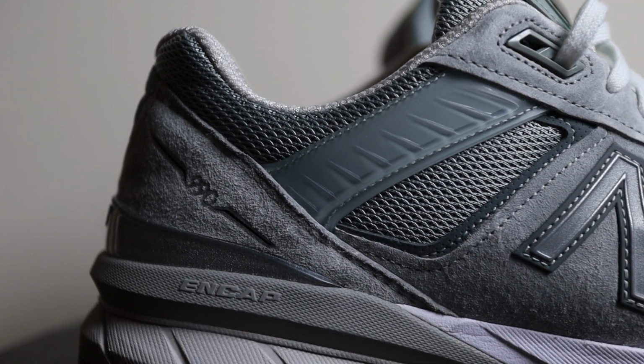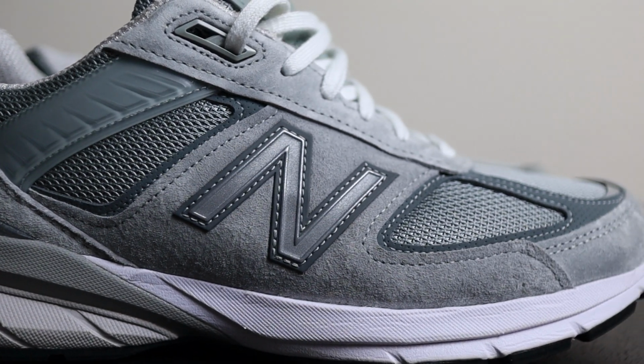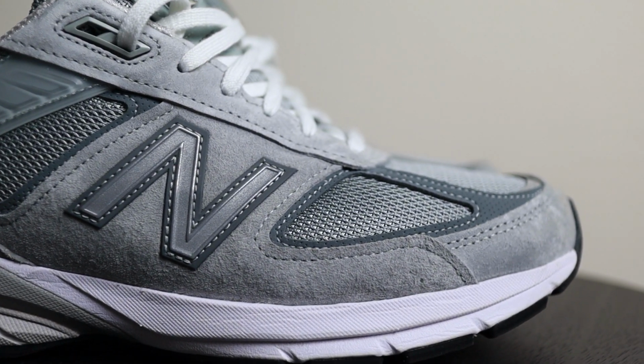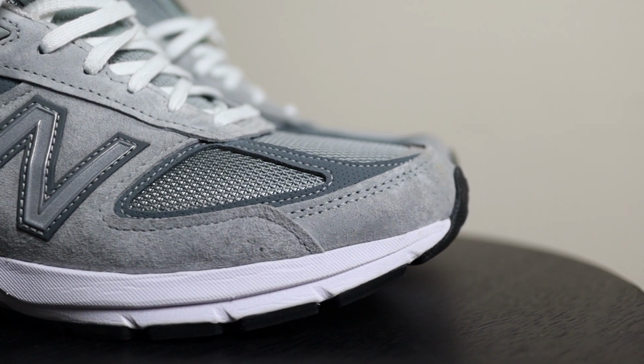But in the last few years, one of the biggest questions that we always ask is, is it as good as Boost? That's usually the first question, right? Boost is life, is it as good as Boost, blah, blah, blah. So the way I can compare this shoe is, for example, when I first put on a pair of Ultra Boosts, the first time it was the 4.0s, I put them on and I instantly felt that nice cushioning feeling, a little bit of bounciness to it. But then these, when I put these on, you don't really get that sensation of something